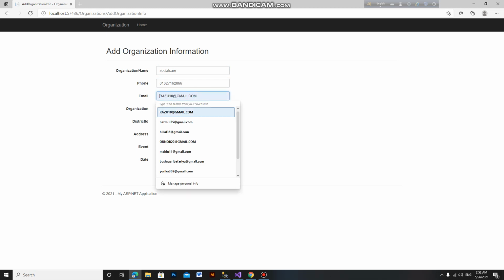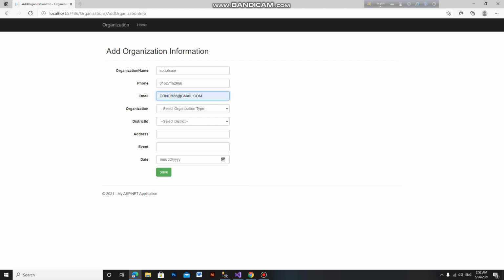Then email, this is the email, and organization type, this is NGO, healthcare, social healthcare or humanity. So this is social care, so social healthcare, and division Dhaka, district Gazipur.